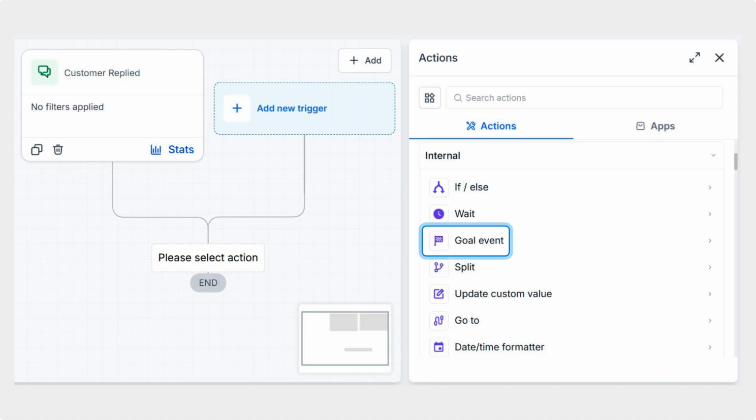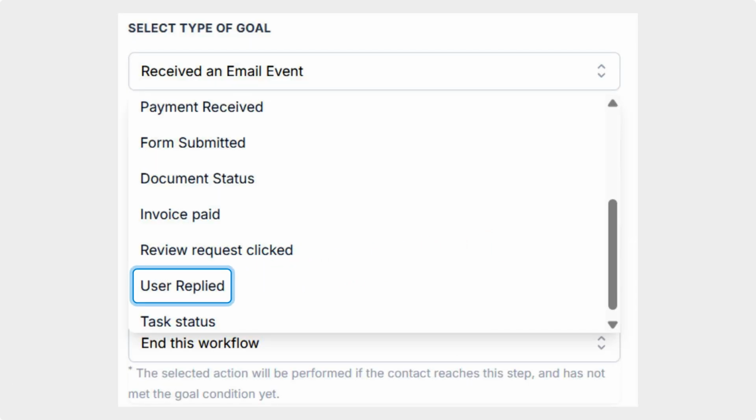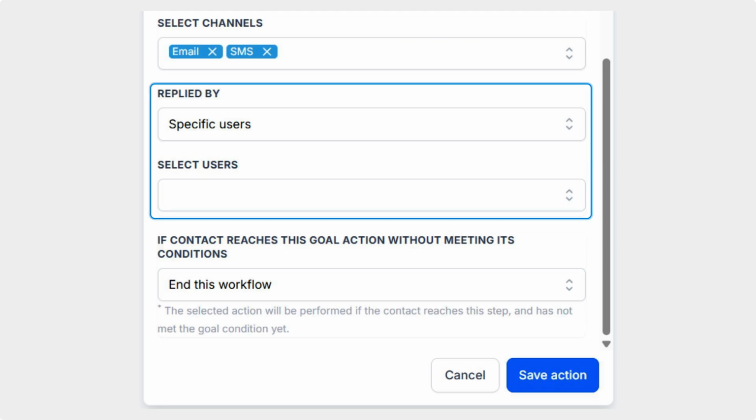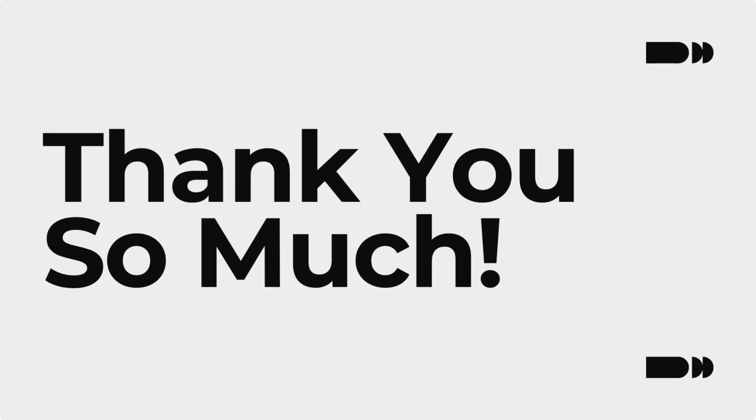Add a goal action to your workflow. Select user replied as your goal type. First, select the response channel. Then pick the user type you want to include, and if selecting specific users, select the team members you want to include. By using this new condition, you can prevent contacts from receiving unnecessary automated messages, reduce duplicate communication, and